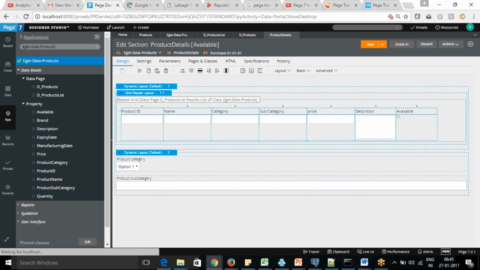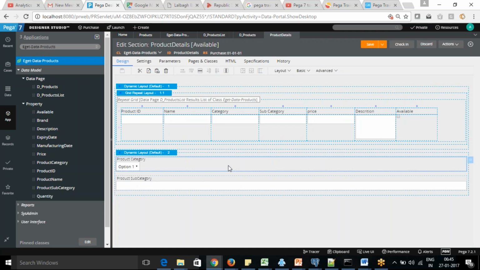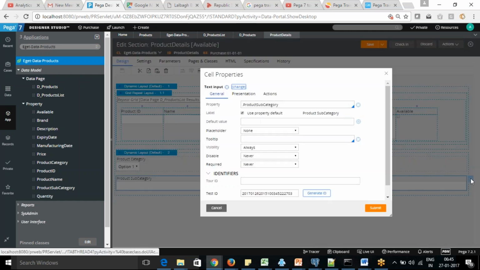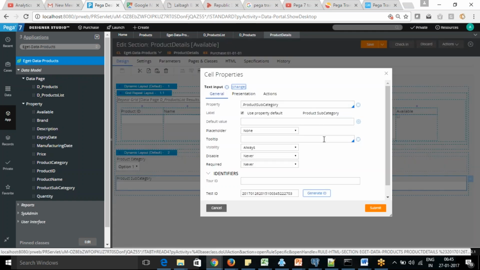So I can choose the product from the drop down also now. And based on that, I choose one of the category and subcategory. So here also I can go with the product ID.